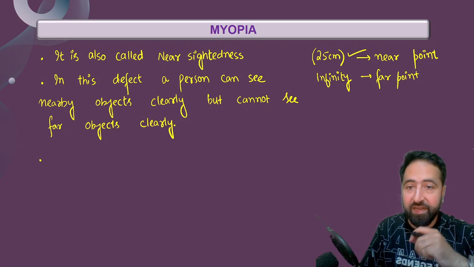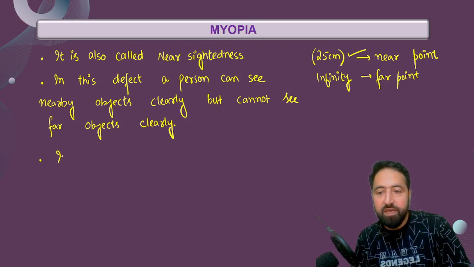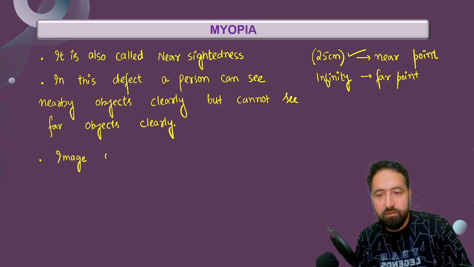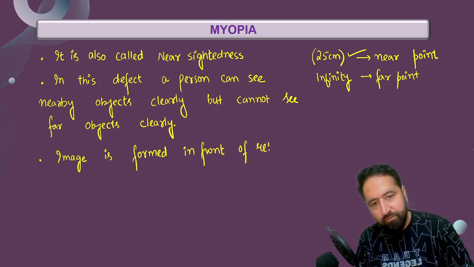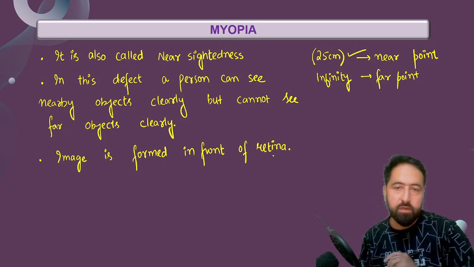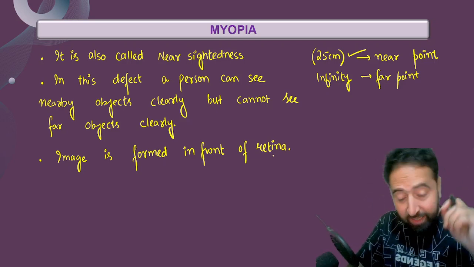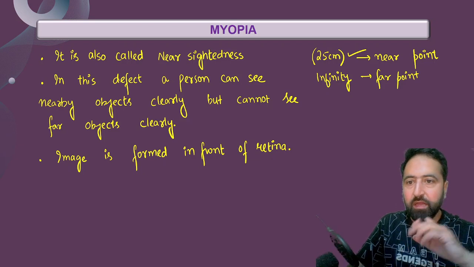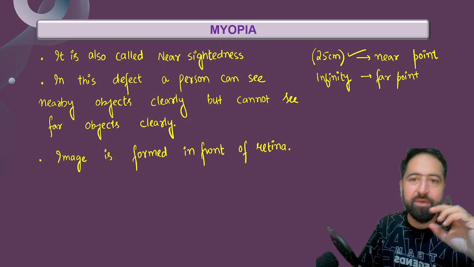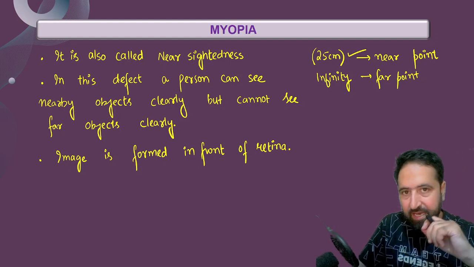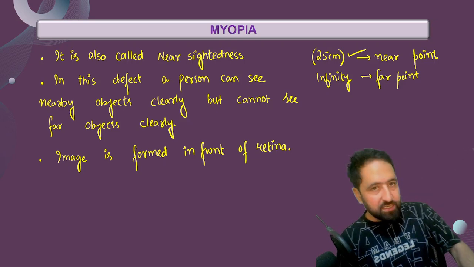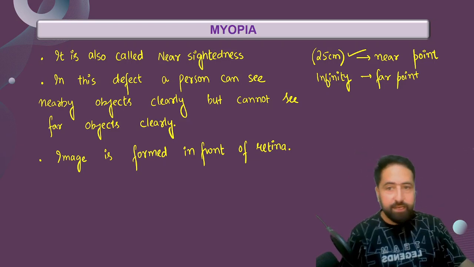Okay. और इस वाले defect में myopia में the image is formed in front of retina. Image is formed in front of retina. Clear? That's nice. तो myopia में image जो है वो retina से पहले बनती है. Okay. Now this is the description. आपने ये describe किया, एक 3 bullet points में आपने describe किया कि myopia है क्या. Okay. इसके बाद आप डिस्कस क्या करेंगे, इसके कॉजेज डिस्कस करेंगे और इसका करेक्शन डिस्कस करेंगे, ठीक है।